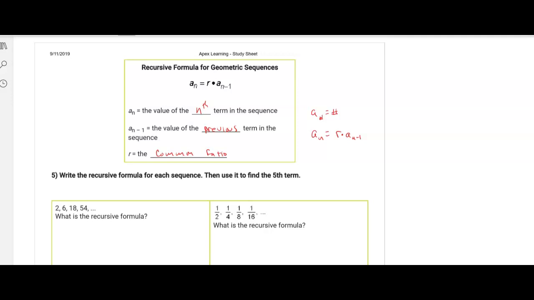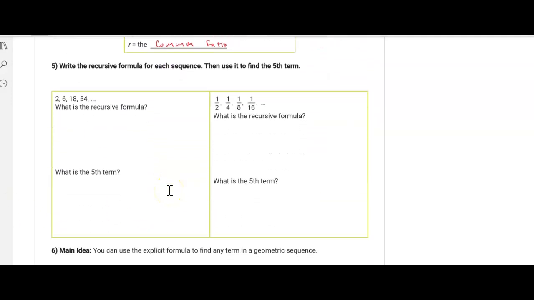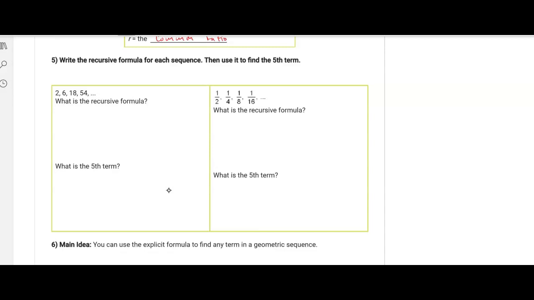For example, when I look at this, 2 to 6, 6 to 18, 18 to 54, what am I doing each time? I'm multiplying by 3. So my common ratio r is 3. What is the very first term? My very first term is 2. So when we write our recursive formula, our first term, a sub 1 equals 2, is the first thing we start with. And then we say the nth term is our common ratio times our previous term,